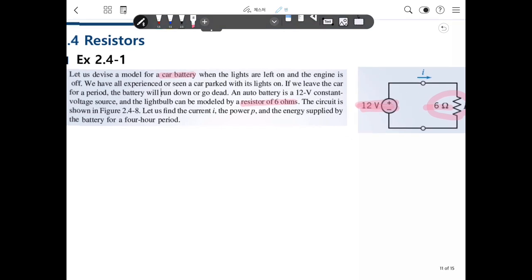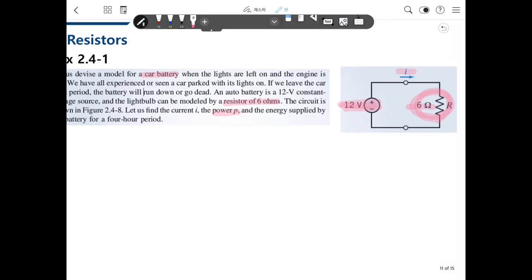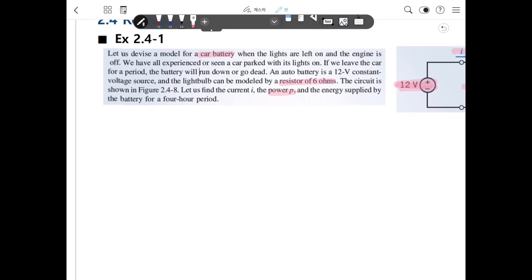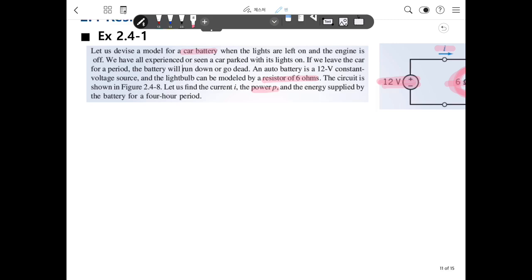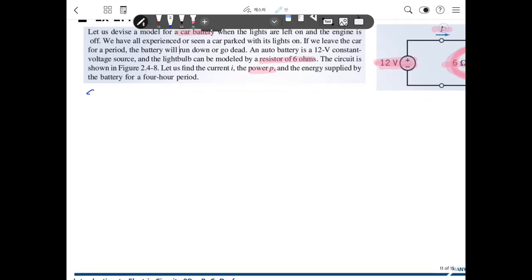The problem is, let us find the current flowing through R, and the power absorbed by the resistor, and the energy supplied by the source. So we need to have the solution. A very important characteristic here is